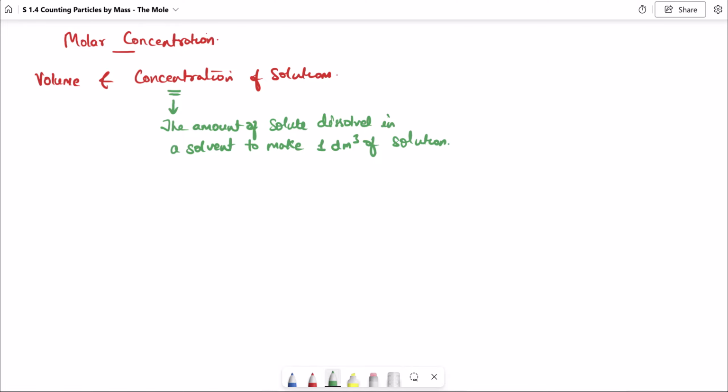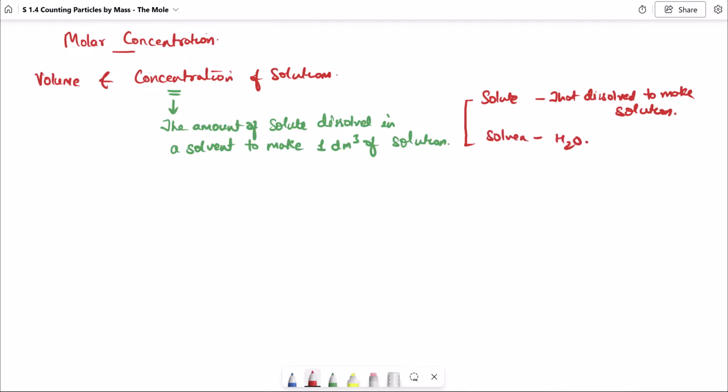So solute, now in this we have two things. What is solute? So solute is that which dissolves to make a solution, right? And solvent